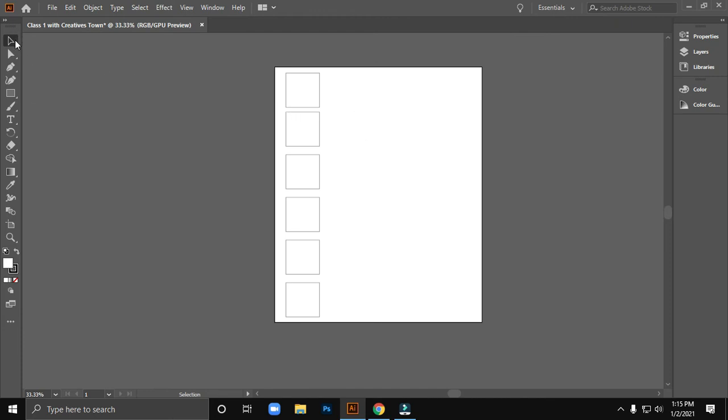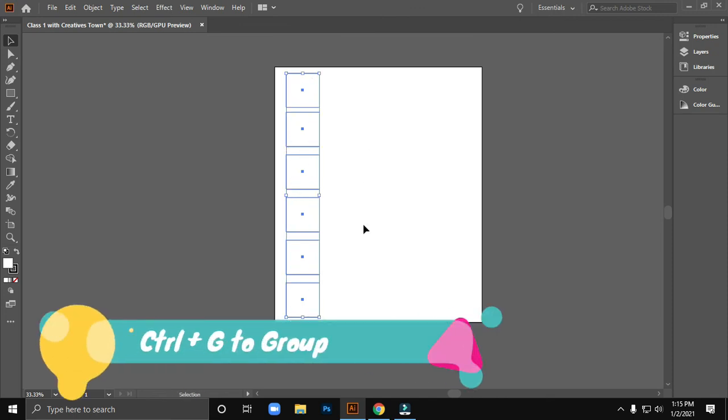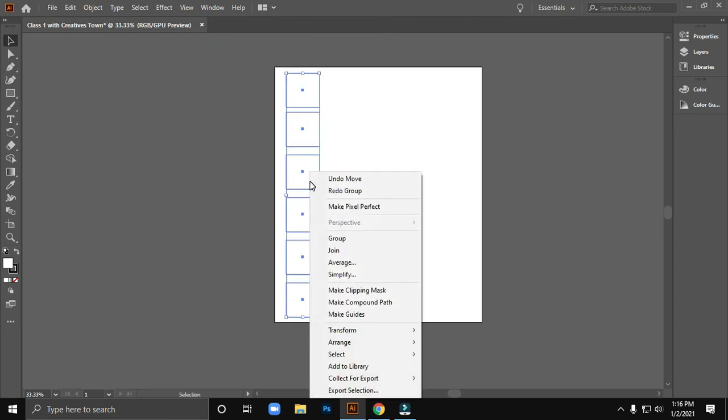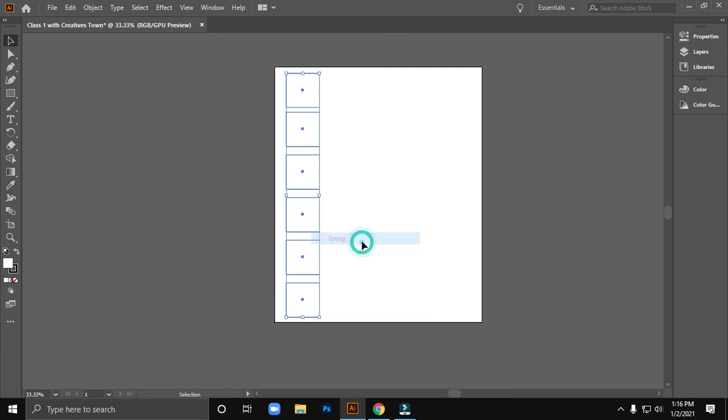So selecting the selection tool, dragging all these shapes and pressing Ctrl G to group, or here's the group option, or you can do it by selecting all the shapes, right click of the mouse button, and here's the group. So we can group it easily.